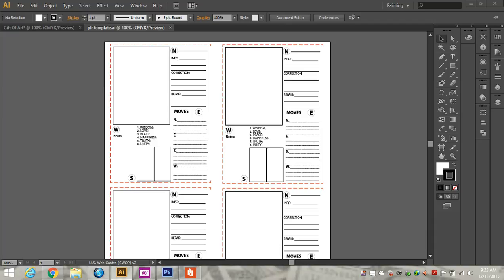So the story behind Peace and Love Rally characters is that these characters have arrived in this reality because they need to learn something. So they need to learn something because of the correction. So that's where the kid writes down their correction. So if this is a character that gossips, then that would be a correction. It was gossiping about their friends, and so their friends started to stop talking to them, and then they were